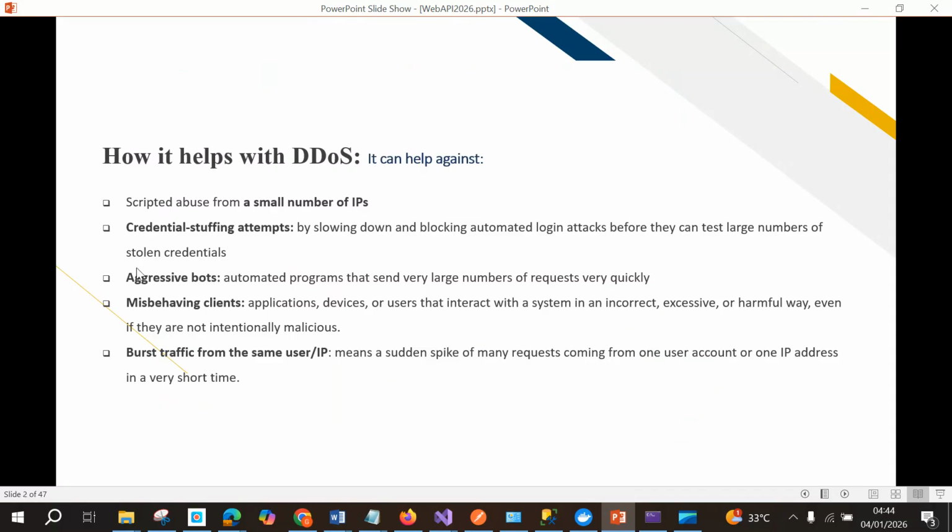It can help in a situation of scripted abuse from a small number of IPs. So if an attacker decides to attack your application from one or two IPs, sending so many requests within a very short time, rate limiter can help to mitigate that. Once you get to a limit that you are supposed to make a request within a period of time, maybe a minute or 2 minutes, it will pause. It will not allow you to move on till